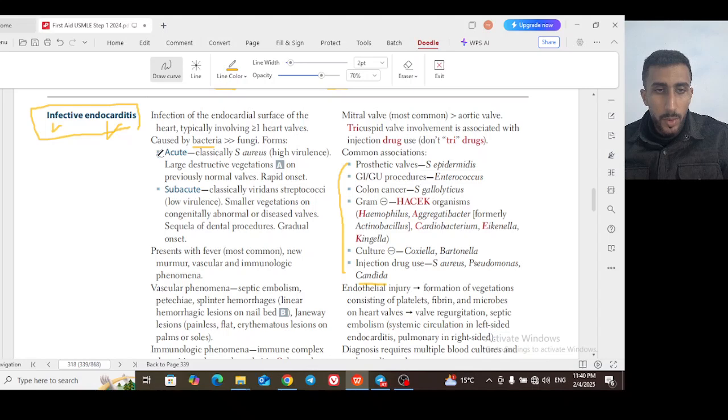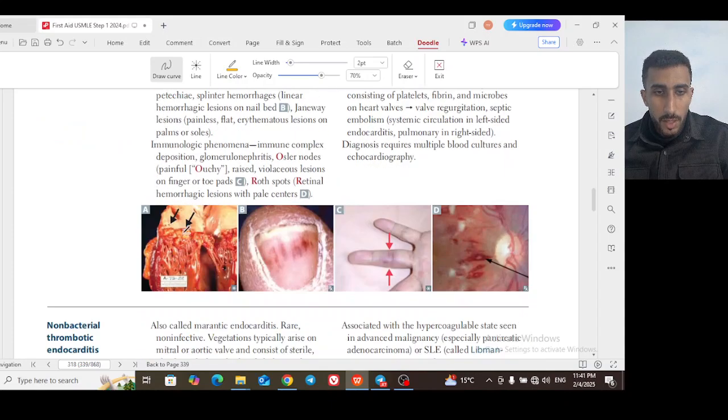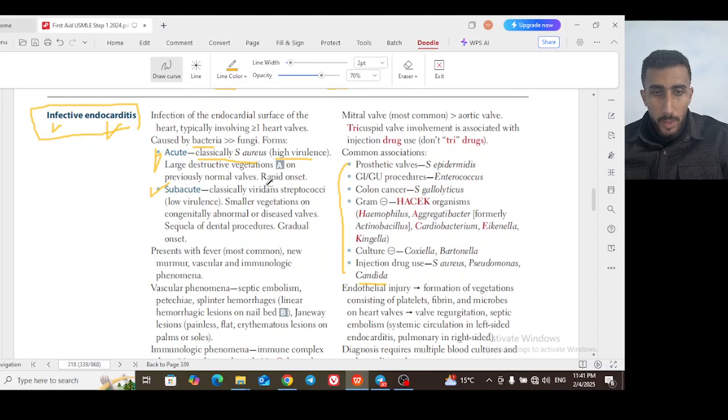They are subdivided into acute and subacute. You have to know that acute means that it occurs rapidly, and so the causative organism must be highly virulent. The classical example is Staph aureus, a very virulent organism causing acute infective endocarditis with large destructive vegetations and rapid onset. And for the subacute, the organism is less virulent. The classical example is viridans streptococci. So you have to memorize well that the Staph aureus